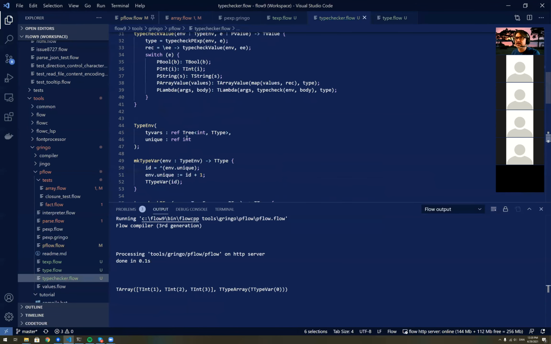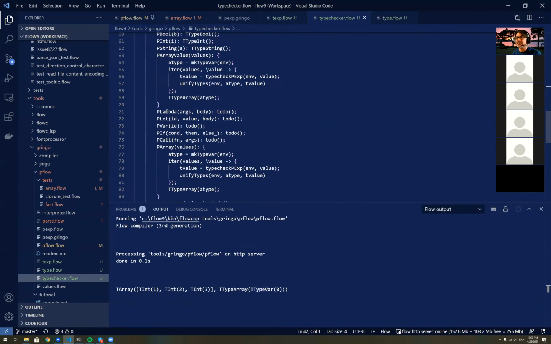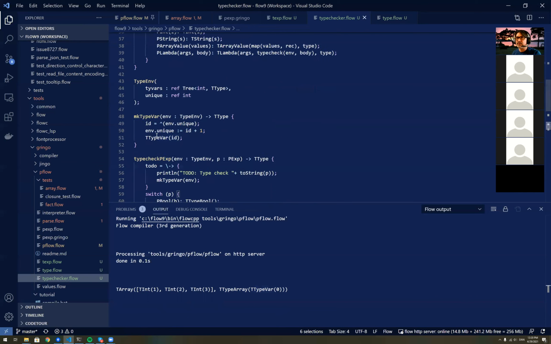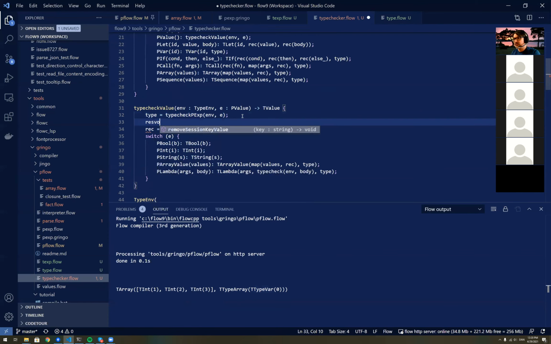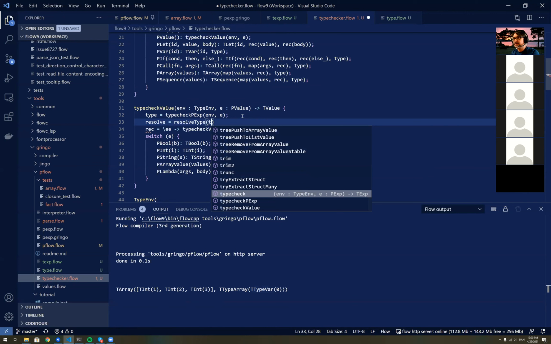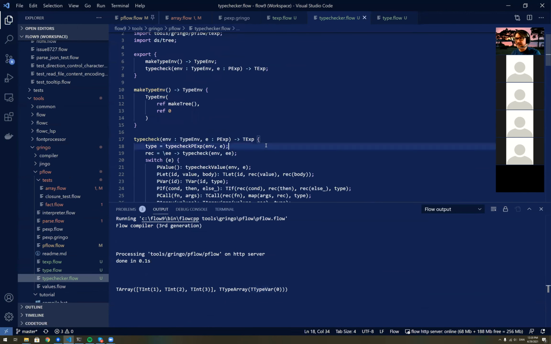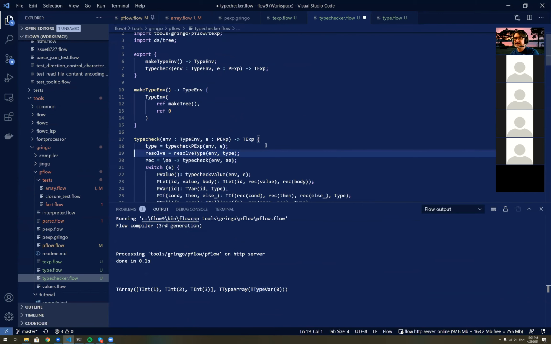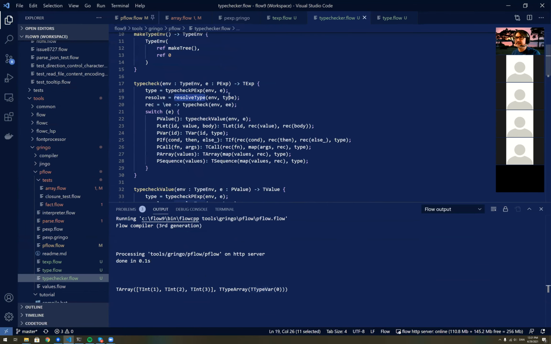So what we'll do is that up here, when we convert these guys, when we get the type out, where was it? Up here. When we get the type out, we'll resolve the type. Resolve type using the environment. What does that mean? I'll explain that in a minute. But basically, it means that, no, we'll not,